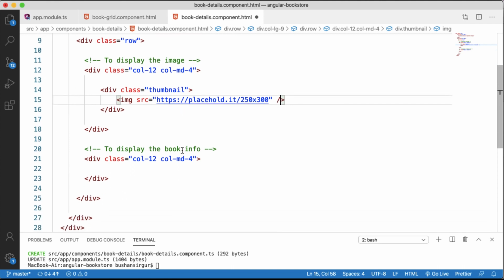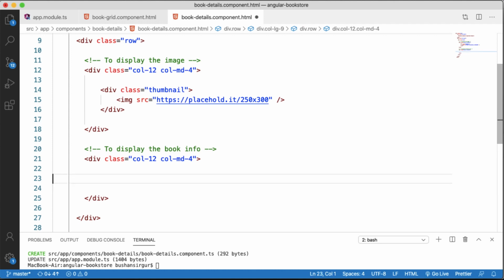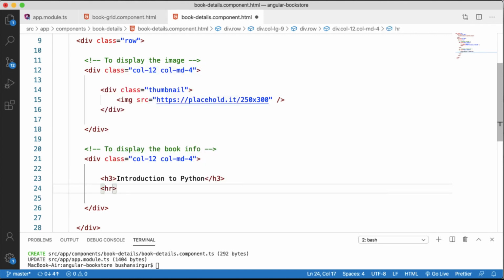And in the second column I'm going to display the book information. So I'm going to make use of the h3 element to display the book name. So let's hardcode the book title, Introduction to Python, and I'm going to add a horizontal row.